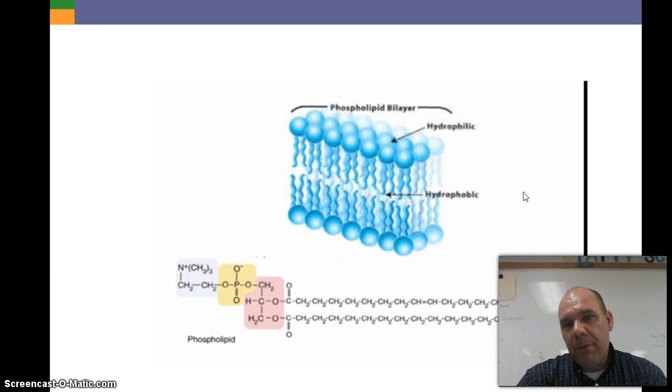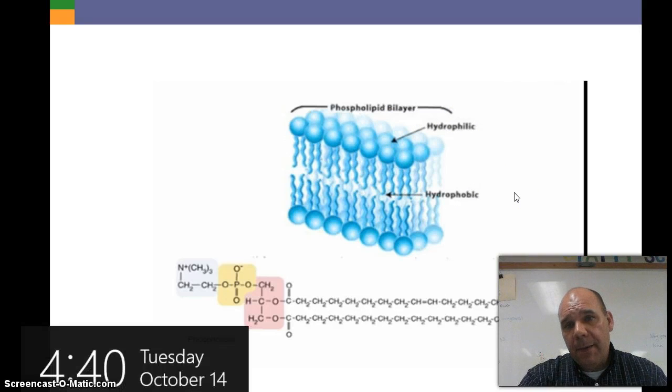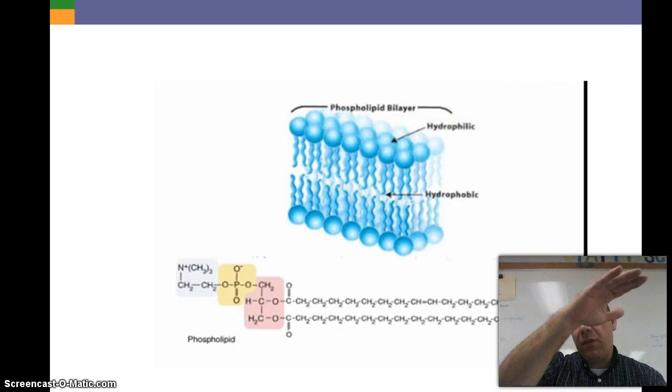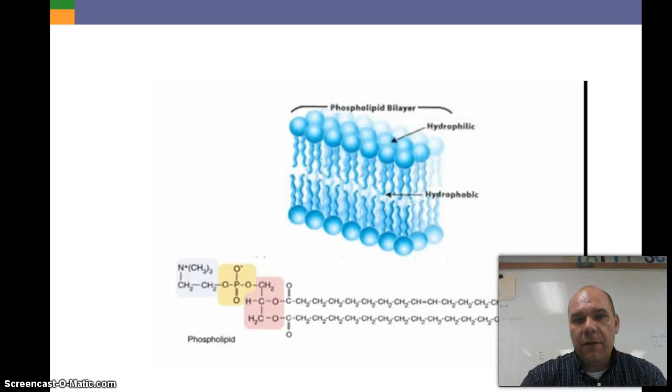We know that the membrane, the plasma membrane or the cellular membrane, has two layers, and it's a phospholipid bilayer. And with that bilayer, it's easy to explain it from a visual standpoint. You have on the top what are called the hydrophilic heads. These heads are prone to interact with water. They want to interact with water, and therefore they're on both the outside and the inside of that plasma membrane, of that cellular membrane. And what you have on the inside of this layer is called the hydrophobic tails, and